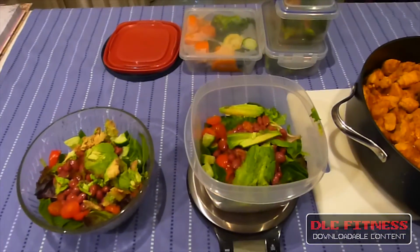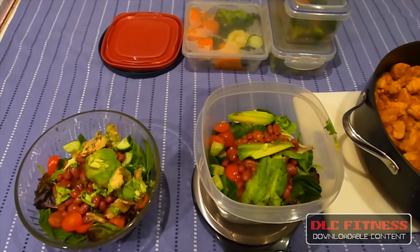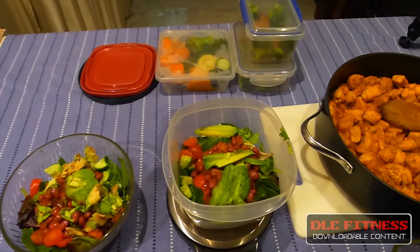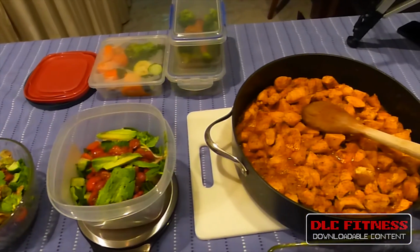So I know I'm going to be pretty busy. It's a busy day tomorrow. Got work and then gym straight after, and I'll be heading to an event at night time. So just got all my meals prepared in preparation for the day. So I've got pretty much 5 meals, breakfast and a couple of snacks throughout the day. So it's all added up on MyFitnessPal, ready to go for tomorrow. So